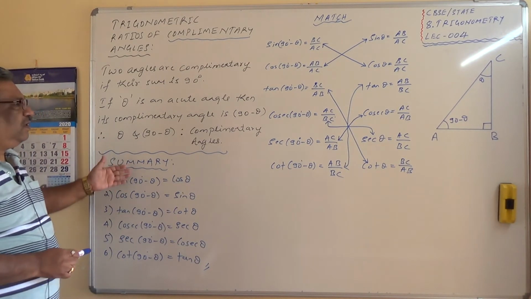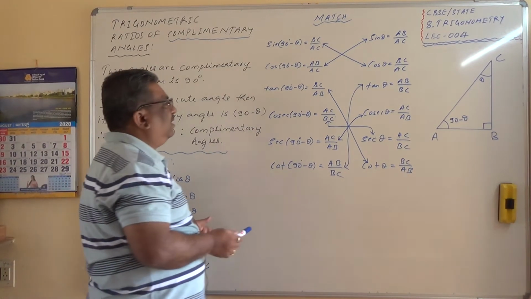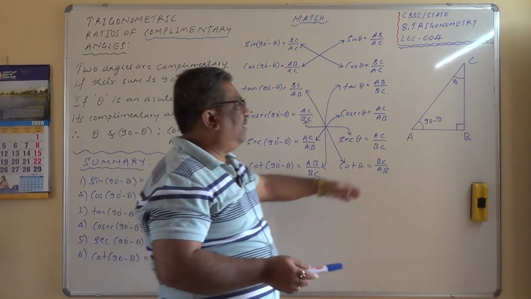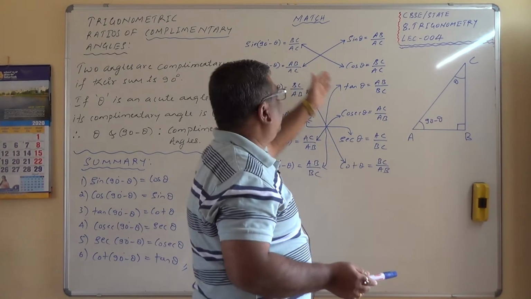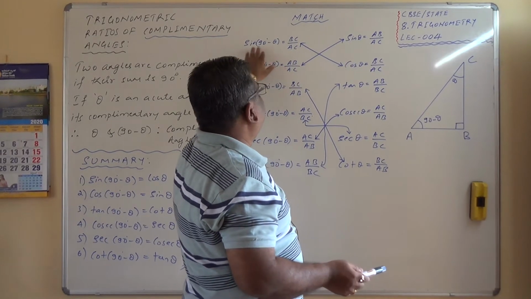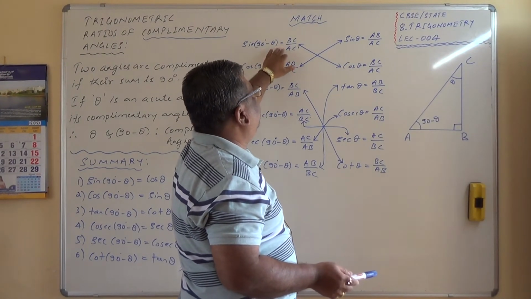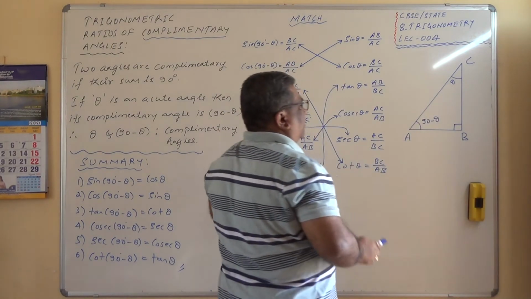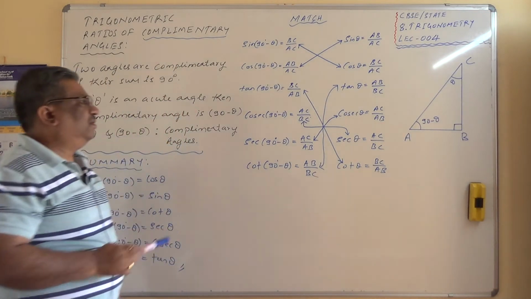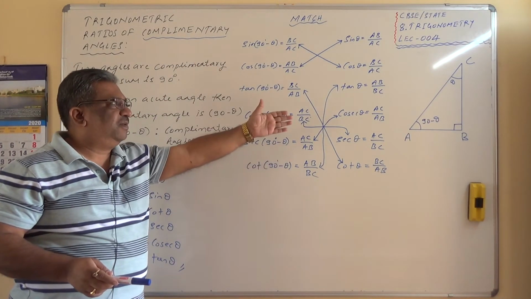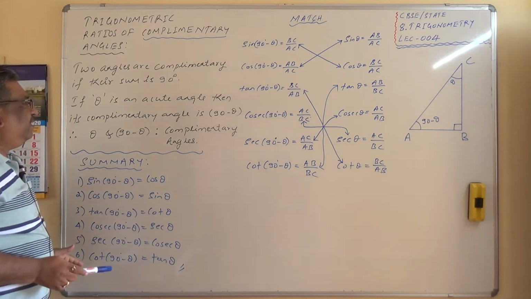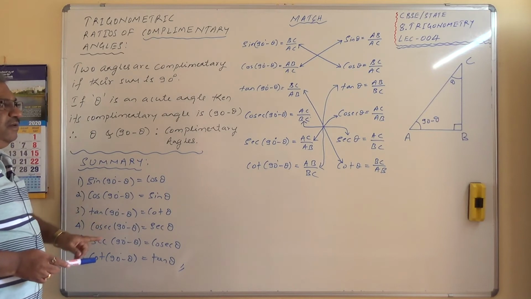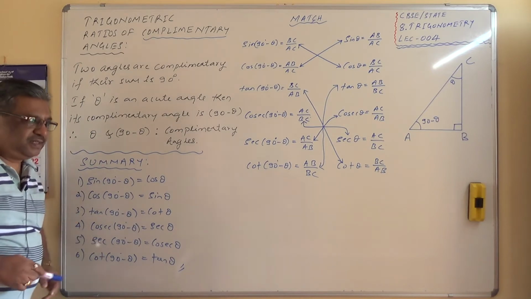you need to note down, you may be asked a question something like, prove that sine of 90 minus theta equals cos theta. In order to prove that one, you can take the help of the diagram here, and whatever I did over here, sine of 90 minus theta equals BC by AC, BC by AC with reference to theta over here, it will be cos theta. So this is what you need to prove this. So this diagram talks about the proofs. This is the summary and what are the complementary angles. Make a note, we are ready to solve few numericals.